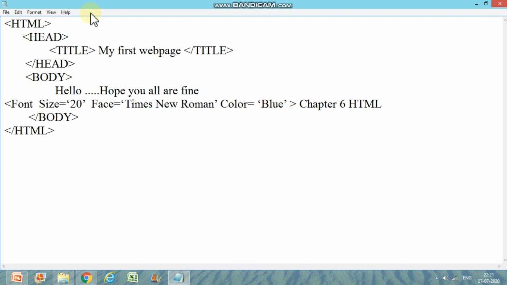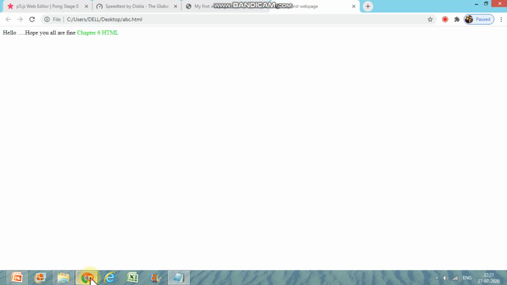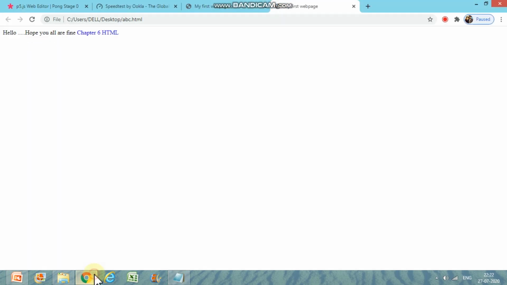Okay, so again we are going to save it. Again we are going to the browser file and reload. So it came in blue color, right? Let us change the size now. See what I am doing, experimenting with the code. You can also do it. Okay, change the code, change the text, and then you can see the options. Now I have done 40. Again, every time you make a change, you have to save it, and you have to reload the file.